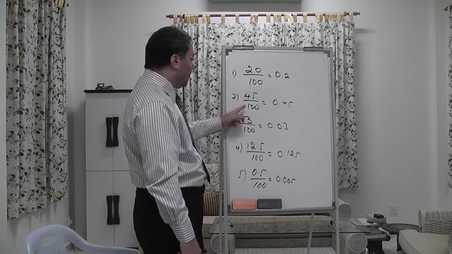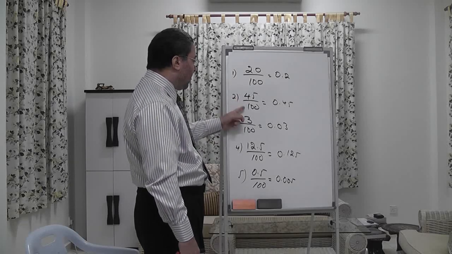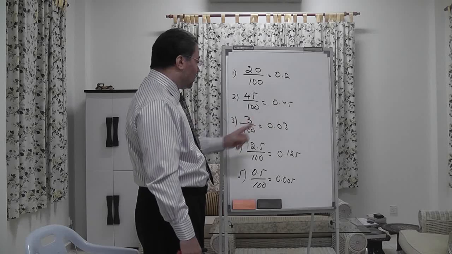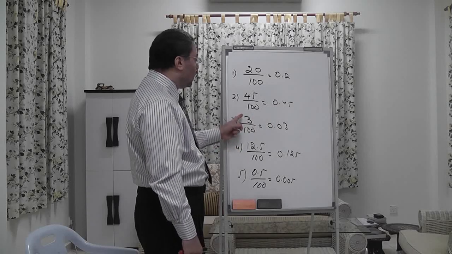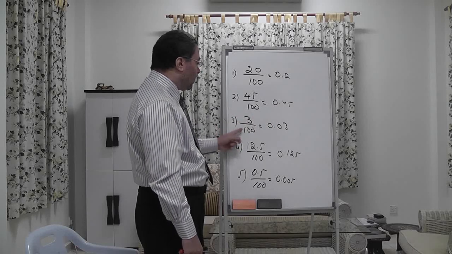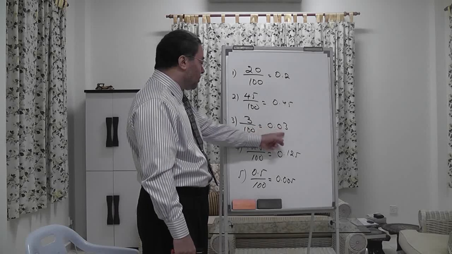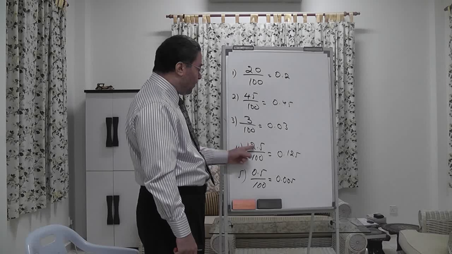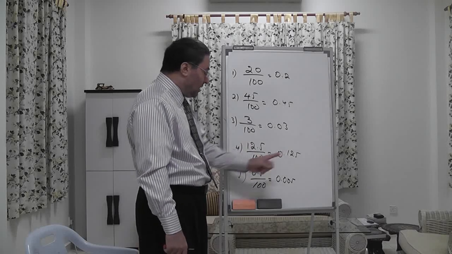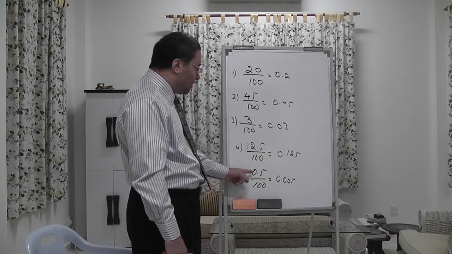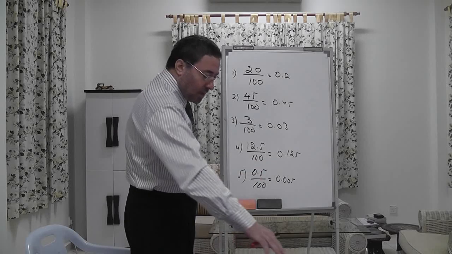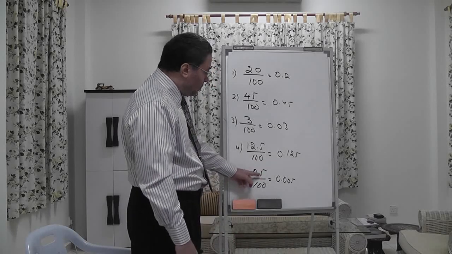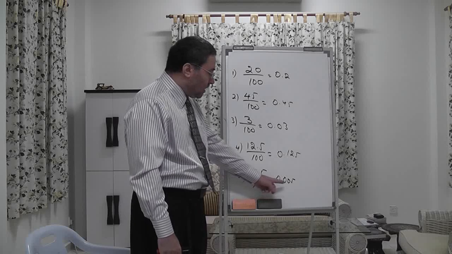Number 2, 45% will be 45 over 100. And this is the answer. Number 3, 3%, that's 3 over 100. And the answer is 0.03. Number 4, 12.5%, that's 12.5 over 100. And this is the answer. And number 5, 0.5%. And that will be 0.5 over 100, and this is the answer,